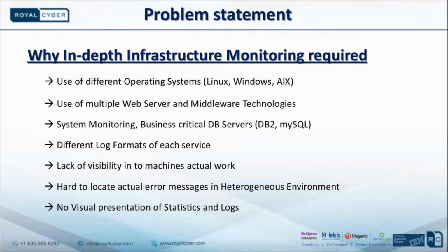The third thing, in system monitoring, is that they have business critical databases. Some are using DB2, MySQL, SQL Server, Postgres. You can name a database. Most of the time people use MySQL or Postgres. So these are also a challenging thing,